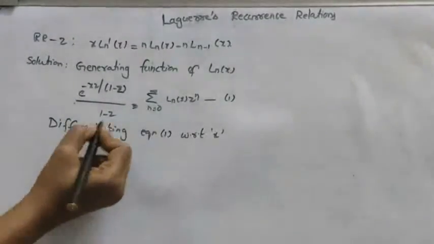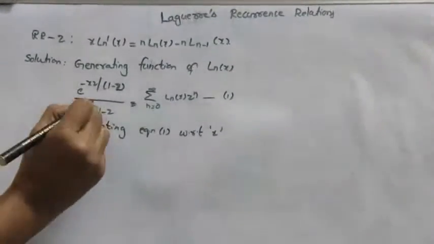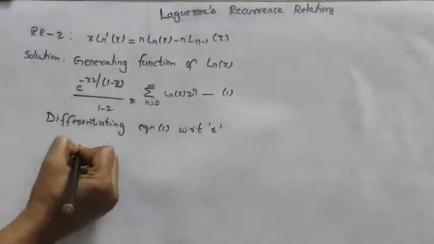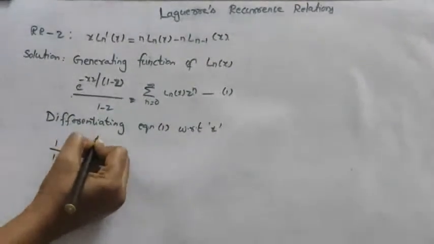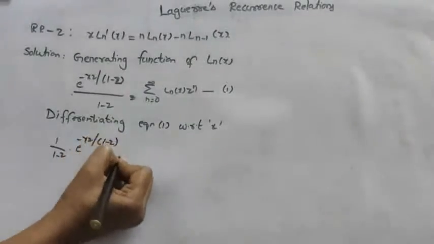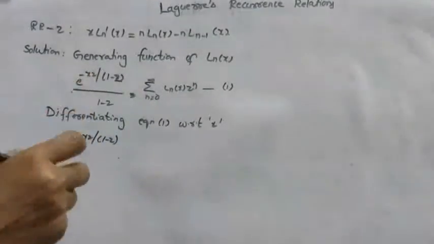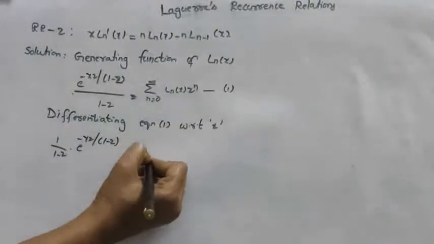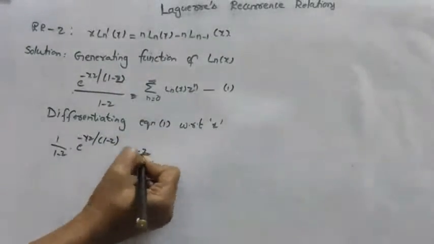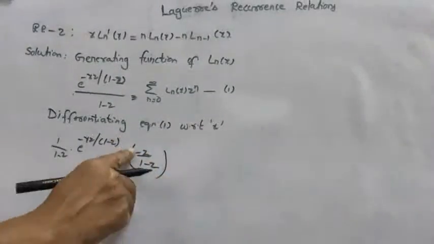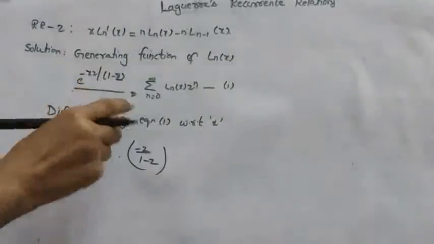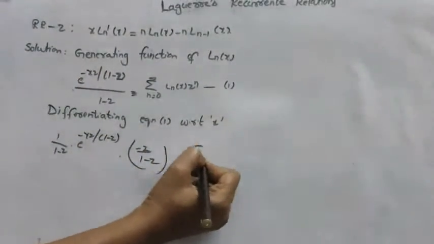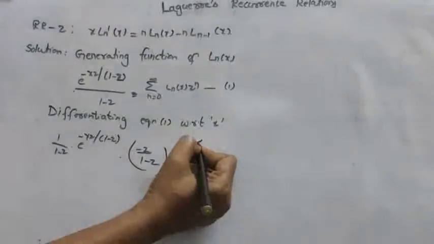I am considering 1 by 1 minus z into the exponential of minus xz by 1 minus z. The differentiation with respect to x gives minus z by 1 minus z, so minus z by 1 minus z